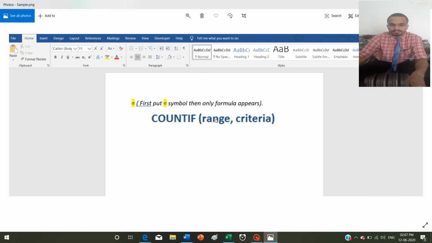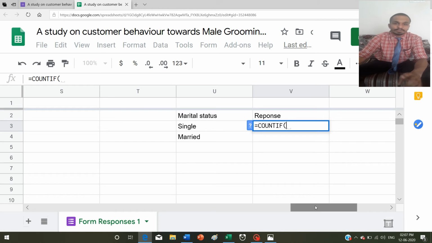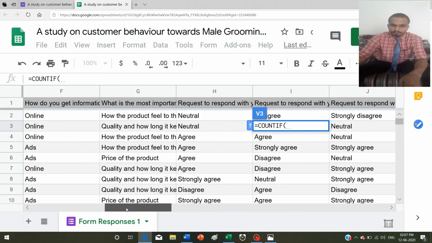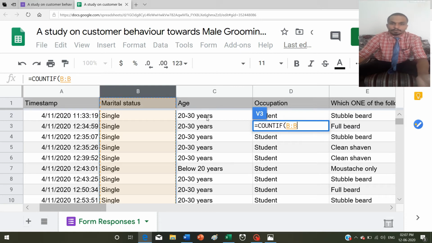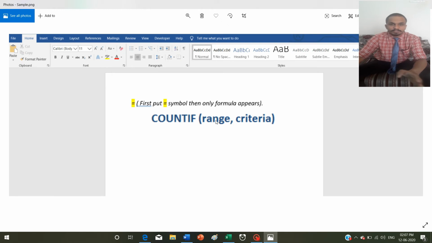Again we can see the formula, COUNTIF. Now the range: we have to select a range. We selected this range, marital status. From marital status I wanted to know how many people were single and how many were married. So I selected the range, column B of the table. Then I put a comma. Now the range part is over.